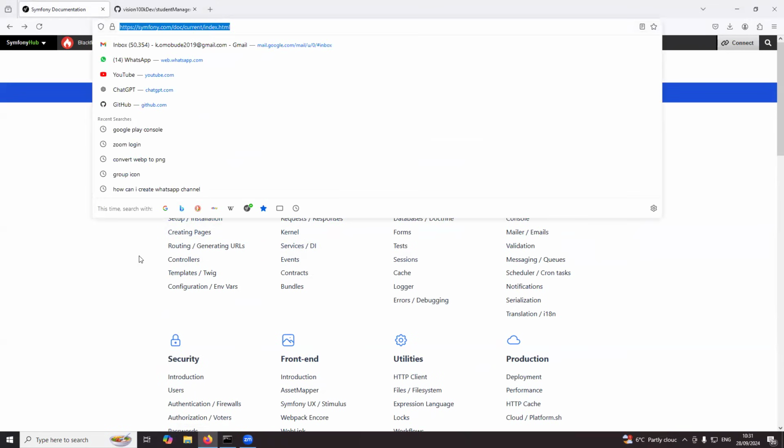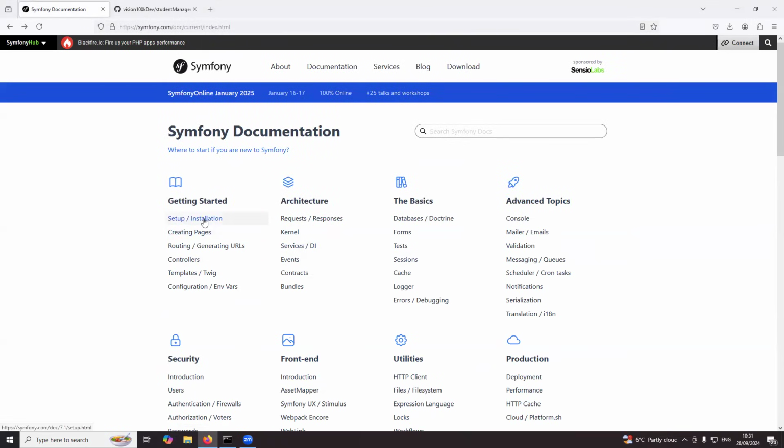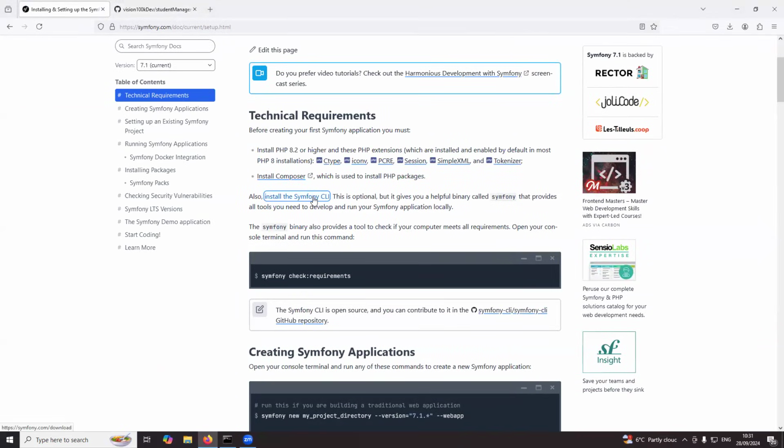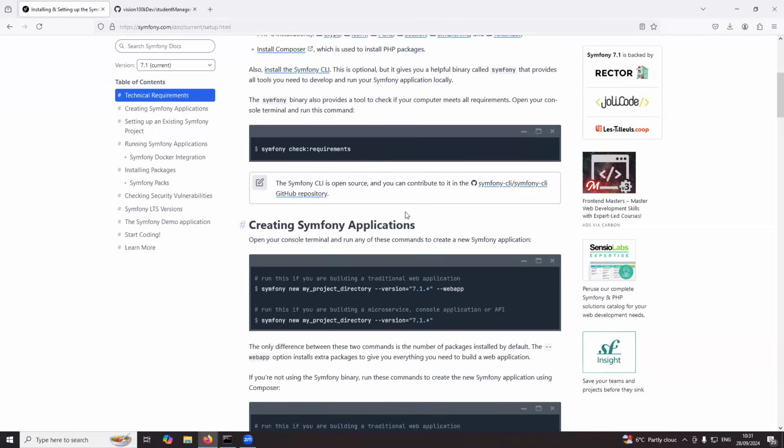So this is the site. I'll go under setup and installation. Now, for you to install Symfony, you just need two things. You need PHP, which we already have. We're using XAMPP, and we need Composer, which is already downloaded. So if you get those two things, you can install Symfony. So what I'll do now is say,